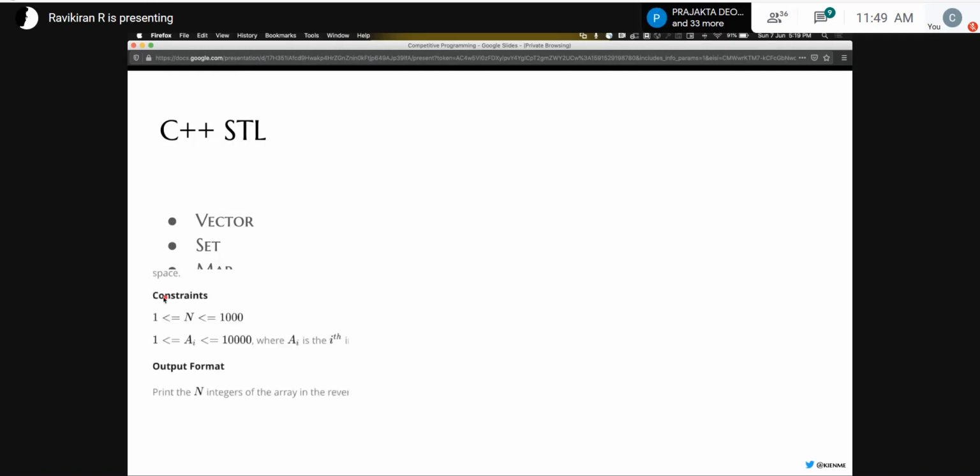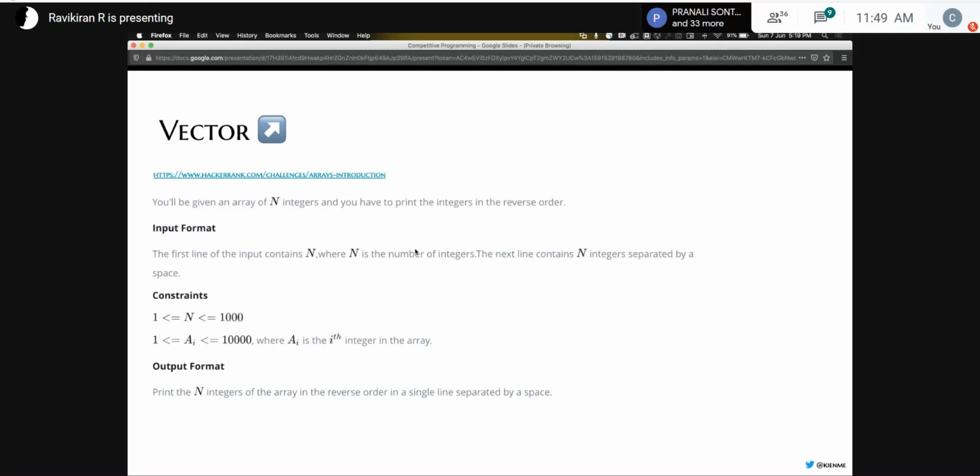So let's start with vector. A vector is pretty much an array. A vector is basically an array, but a lot better. If there's a tip I'll give you, it's that if you're using arrays in your program, you should stop using them immediately. You should always only use vectors. Only very rarely will you need to use fixed size arrays, and even then you can use a vector. So make sure to always use a vector, and get comfortable with using vectors. Again, a vector is pretty much just a one-dimensional array.